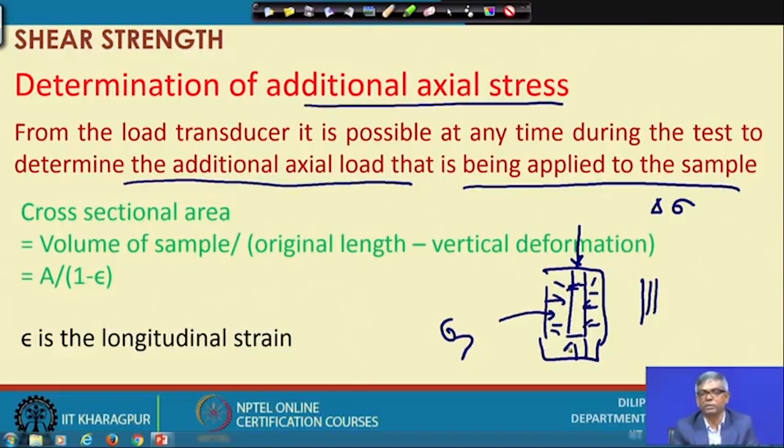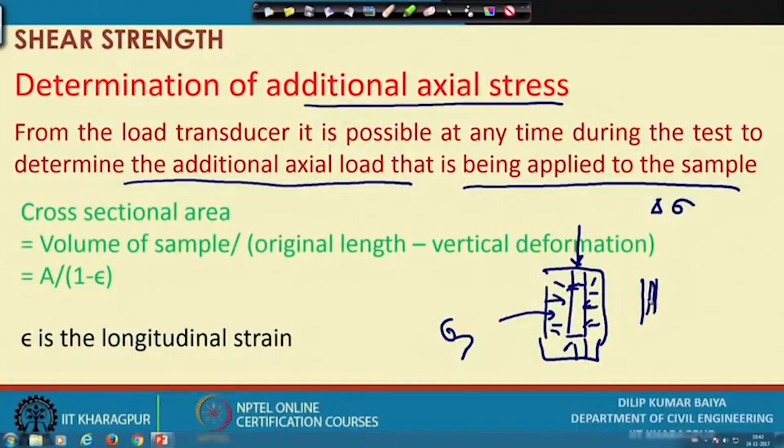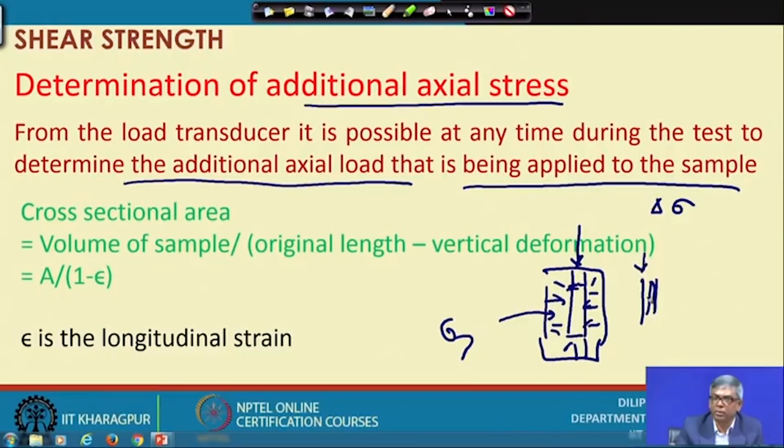Since the compressive load is applied, the sample will bulge, or the diameter will increase. So at any time, suppose I have applied some amount of stress, if I consider the original cross section, we will get some value of stress, but if I consider at any level of stress,